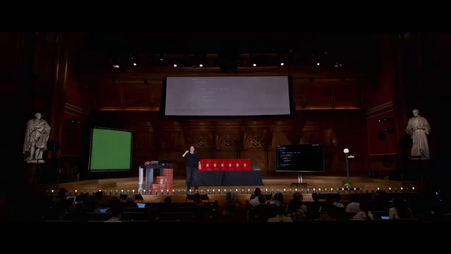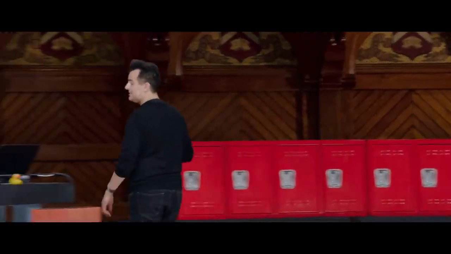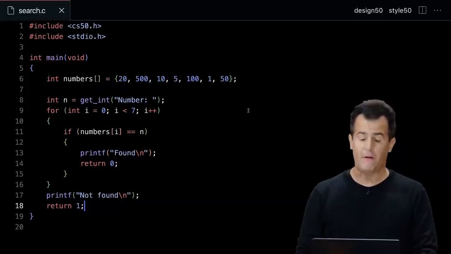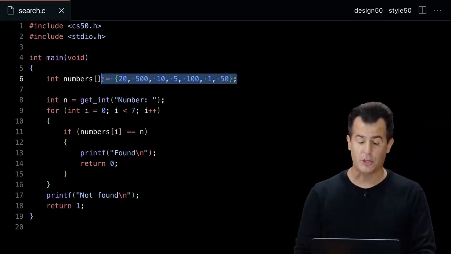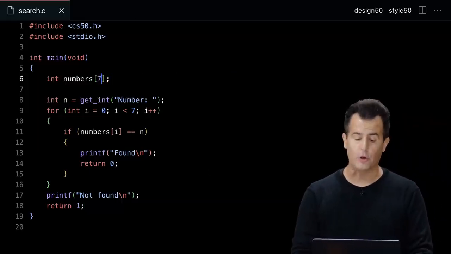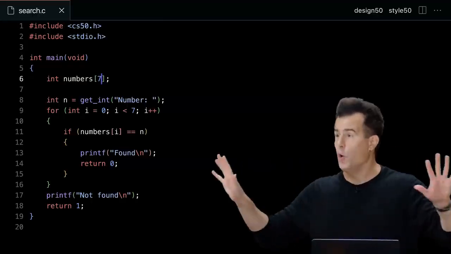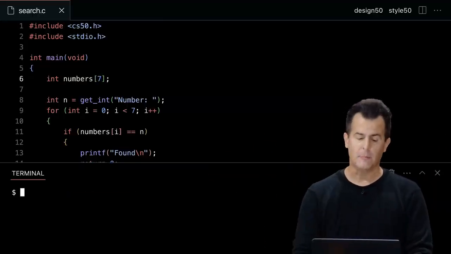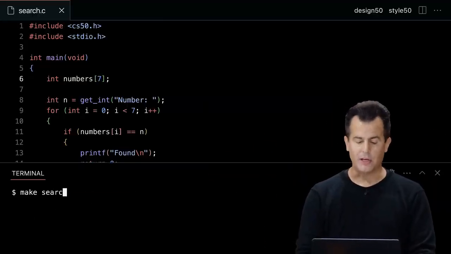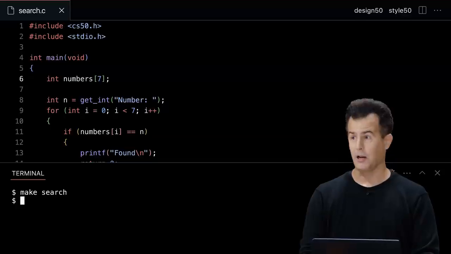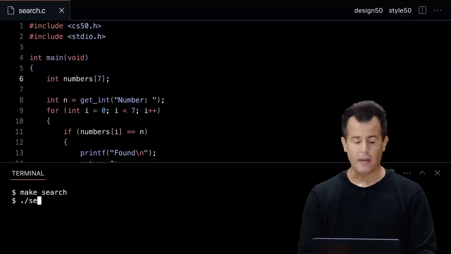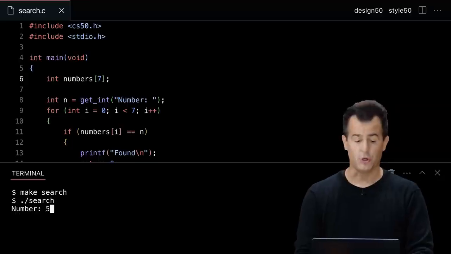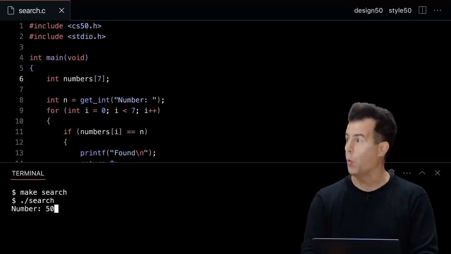Yeah? What if we do not initialize the array? What would happen? A really good question. What if we don't initialize the array? Well, honestly, in programming, a very good answer to that question is just try it out and see what happens. So let me create an array of size 7 with no values inside of it. Let me reopen my terminal window, do make search, and the compiler doesn't seem to mind that. If I go ahead and now do ./search, enter, I'll be prompted for a number. I'm going to presume to search for 50, even though I don't know what's in there.